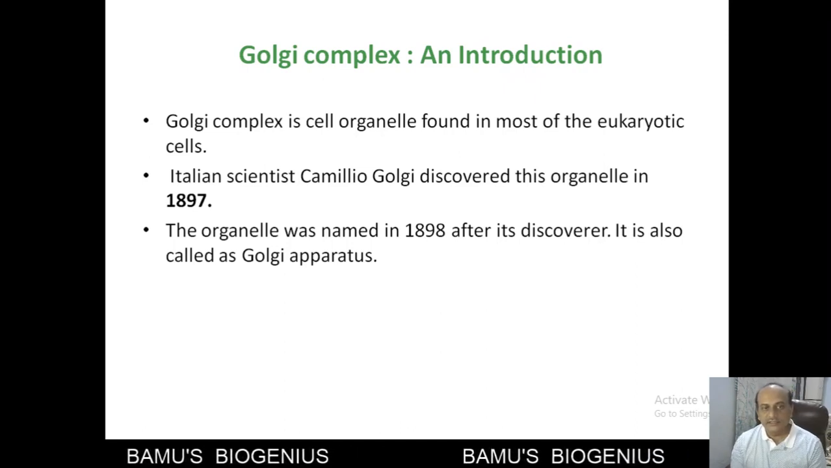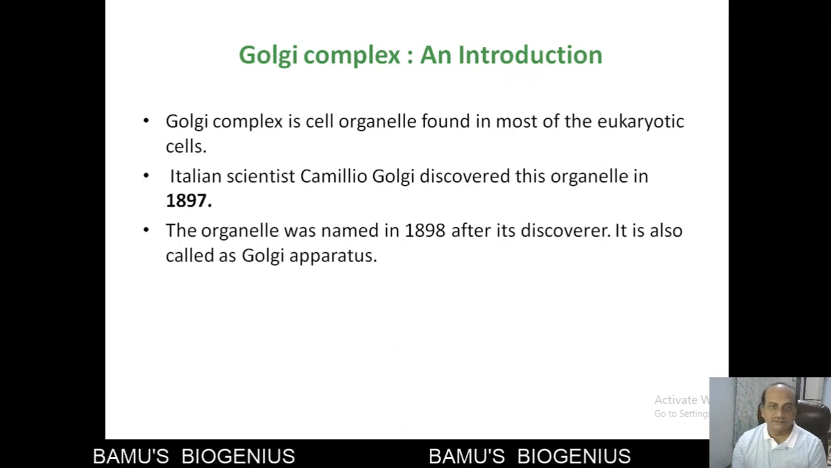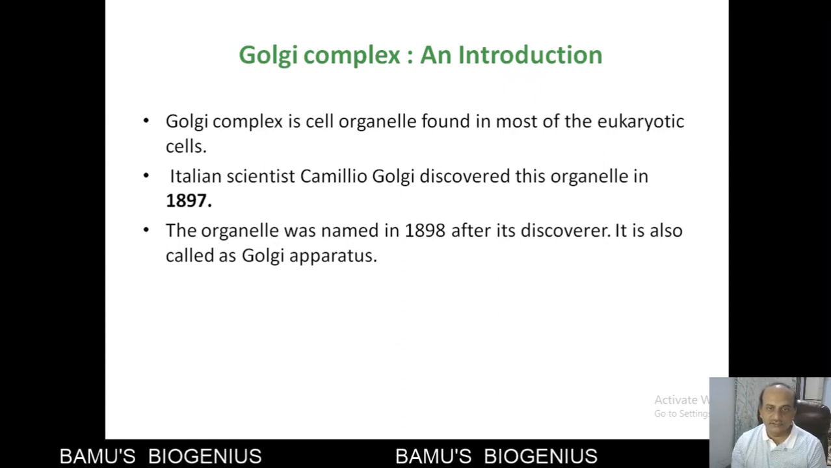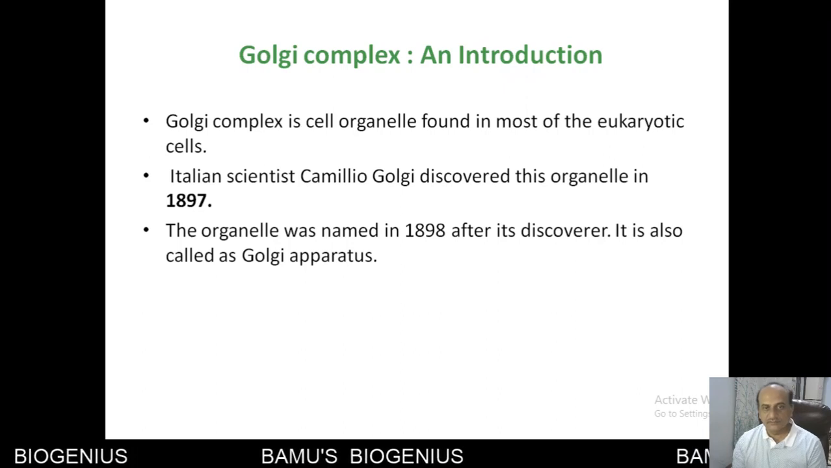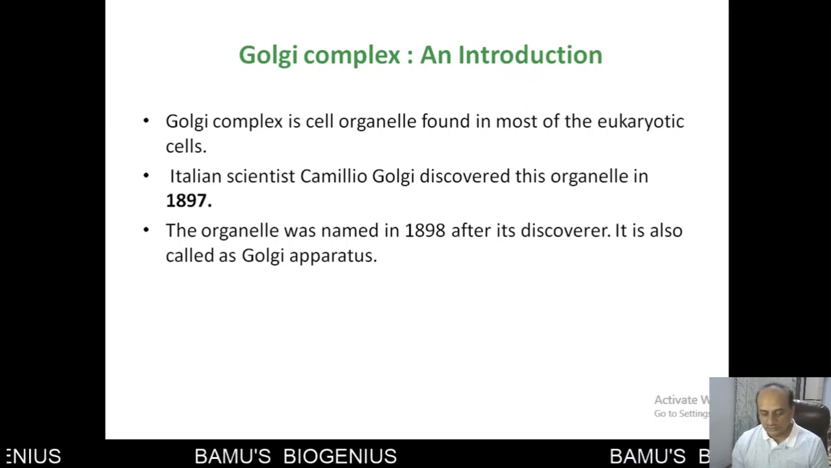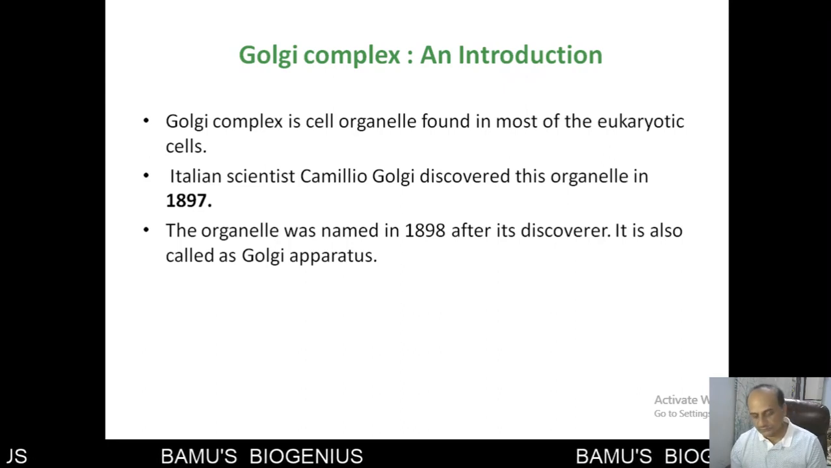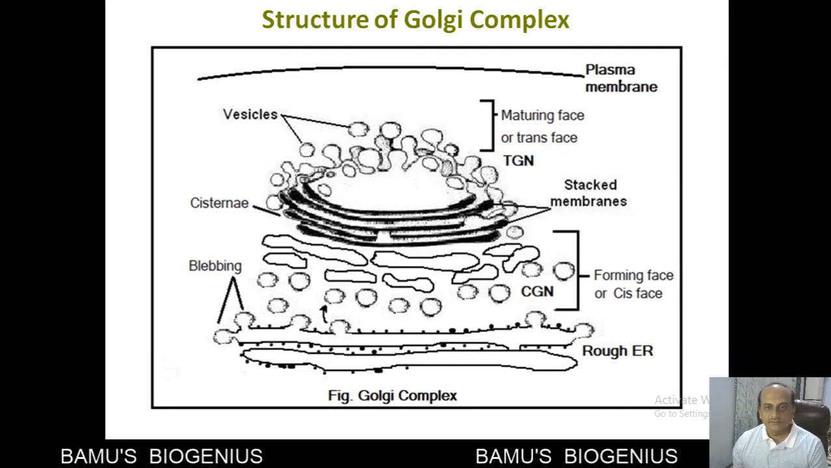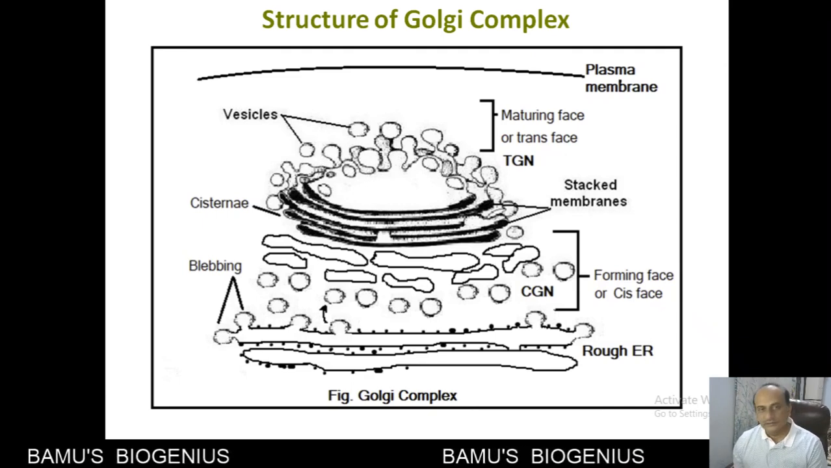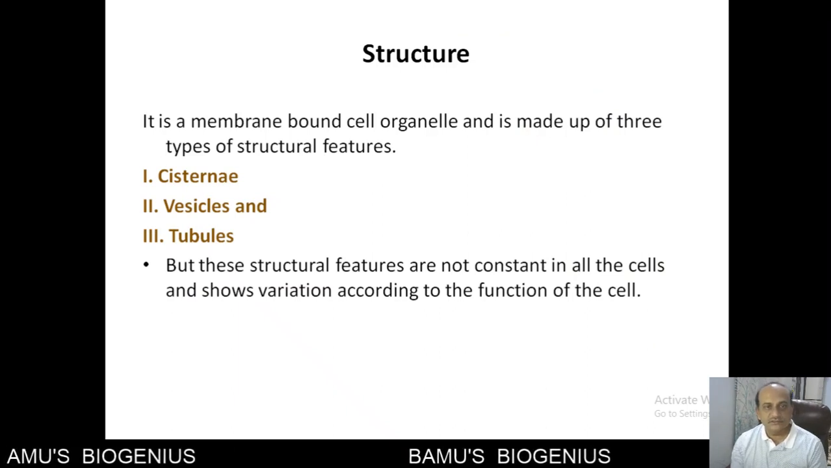In 1897, it was discovered by Camillo Golgi, and that's why the name of this organelle was given as a Golgi apparatus or a Golgi complex or a Golgi bodies. Now, see, if we see the structure of a Golgi complex, you will find that the structure is